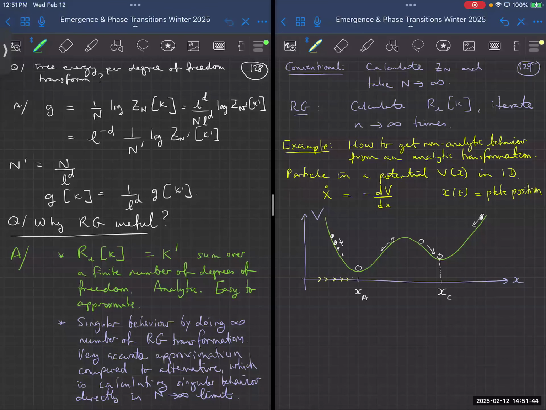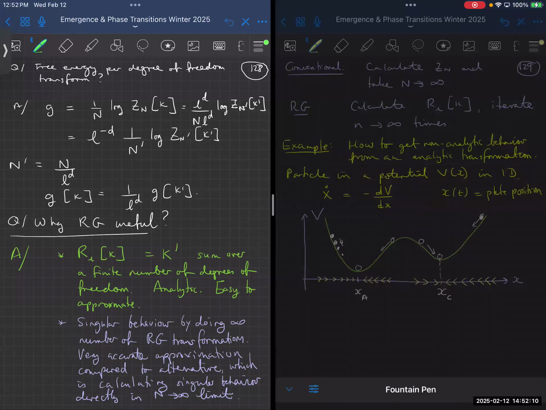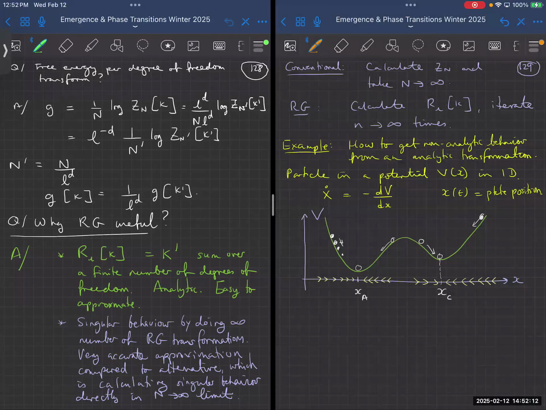So it goes like here, and then eventually it stops at the origin. If I were to start over here, my trajectories look like this. If I were to start over here, my trajectories would look like this. And again, over here, they would start like that. And then at the top, well, at the top, there's another fixed point. So the particle, if you started exactly, say, right at the top there,